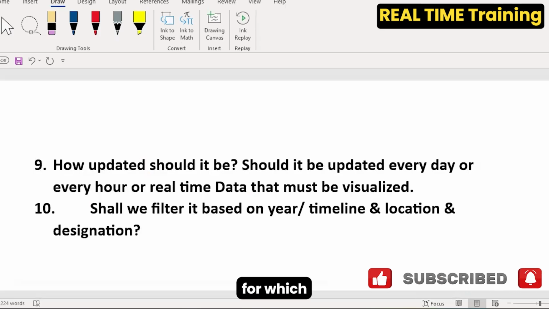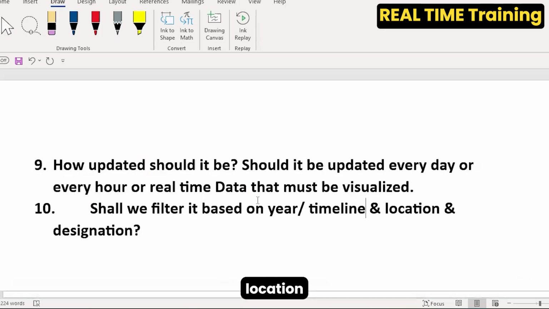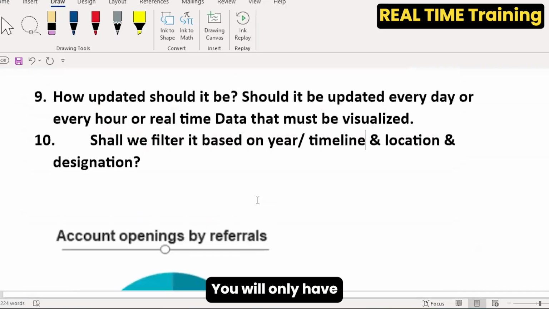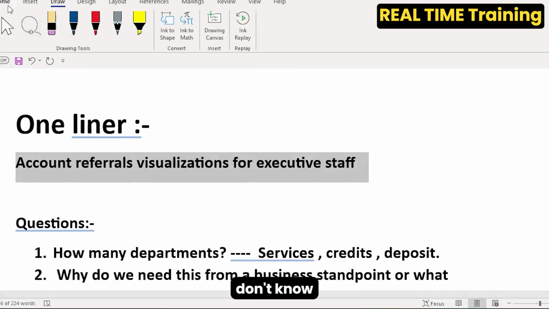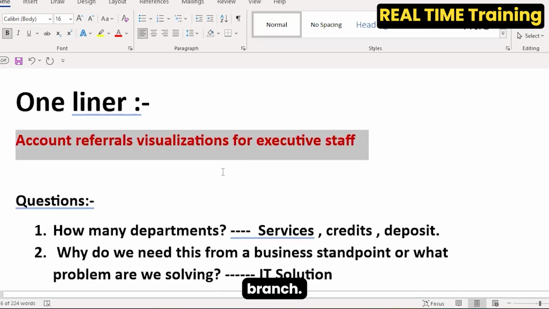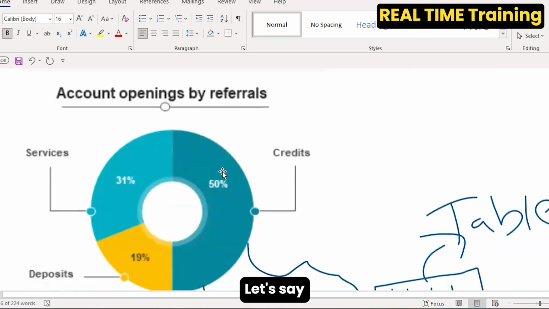So the location, for what? Which location are you talking about? There's no location mentioned, right? I mean, that is a question you have to ask. Now the one-liner, you will only have this content. You have location mentioned, maybe based on the branch, offices. Branch and offices, maybe. Yeah, let's say, for example,